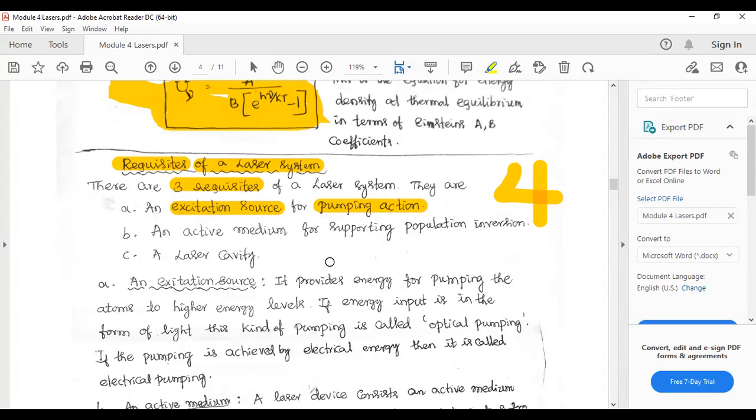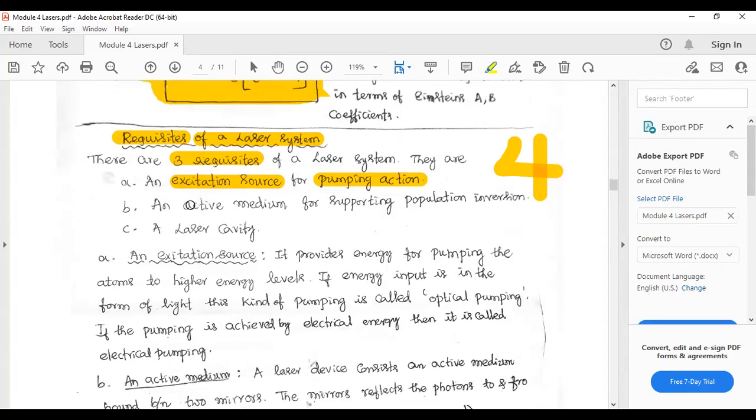Absorption of atom is somewhere near to excitation of electron. I will explain this mechanism of pumping later, which is not required. You just have to mention this. Then the next important component for a laser is the medium. For example, in the semiconductor laser, the semiconductor itself is the medium, gallium arsenide material, or in the case of carbon dioxide laser, carbon dioxide itself is the active medium. I hope you can understand this.